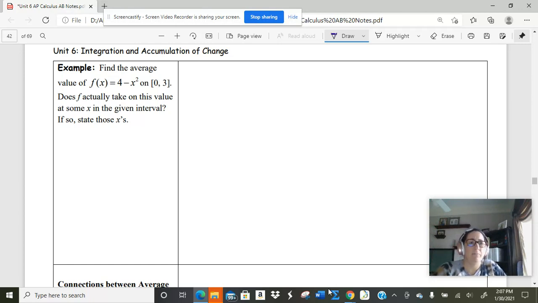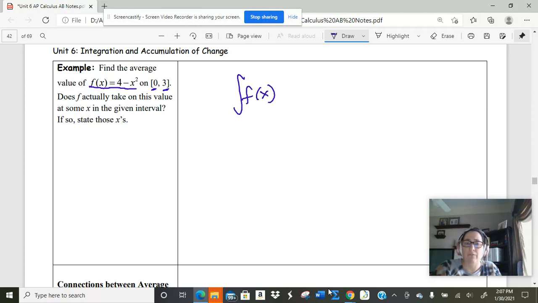So let's look at this one. This function is some type of function. I don't know what it represents. It doesn't say. Maybe it's the height of the water level. But I want to find the average value of this function from 0 to 3. So in order to do that, I have to integrate that function from 0 to 3 and then average it out,